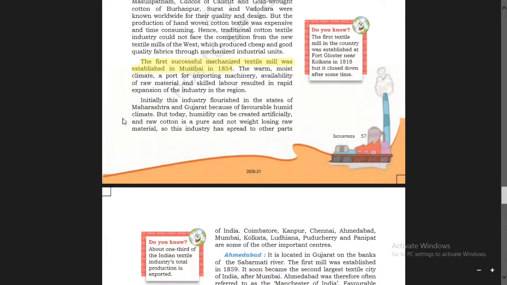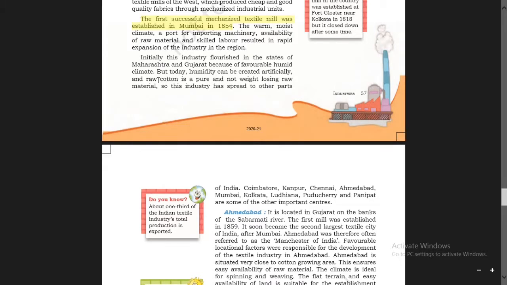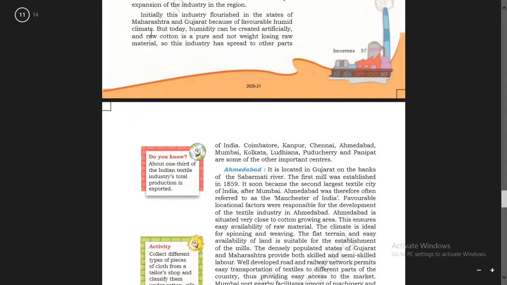You must read it. Initially, this industry flourished in the states of Maharashtra and Gujarat because of favorable humid climate. Initially, means at first, this industry developed in the states of Maharashtra and Gujarat. It is because of favorable humid climate. But today humidity can be created artificially and raw cotton is a pure and not wet-losing